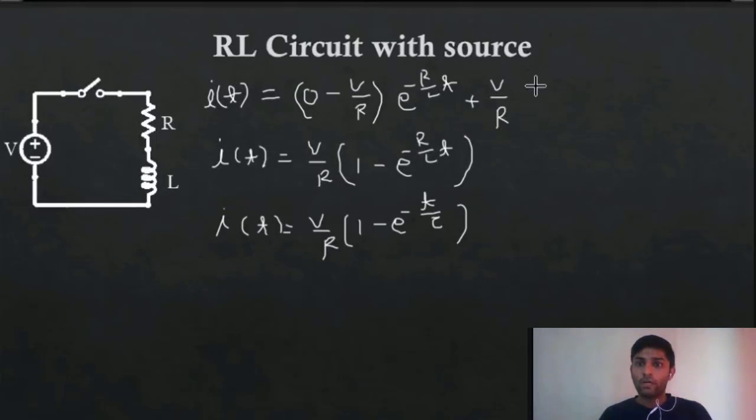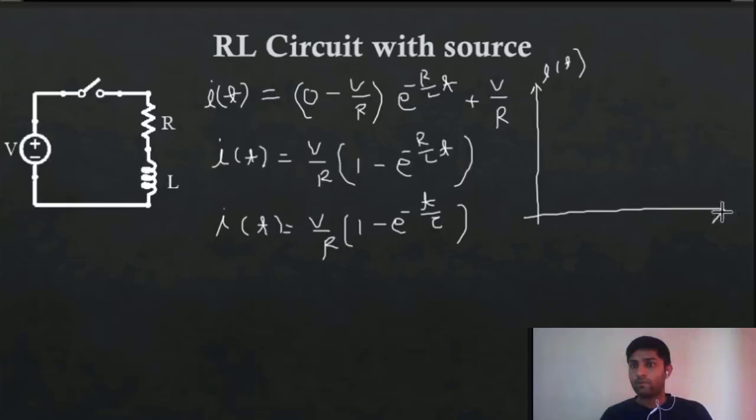As we had already observed, at the initial stage the current was 0. So if we talk about current with respect to time, at t equal to 0 the exponential value will be 1, and 1 minus 1 will become 0. So we get 0 over here. Similarly, we will take t is equal to tau, so we get 1 minus e raised to minus 1.